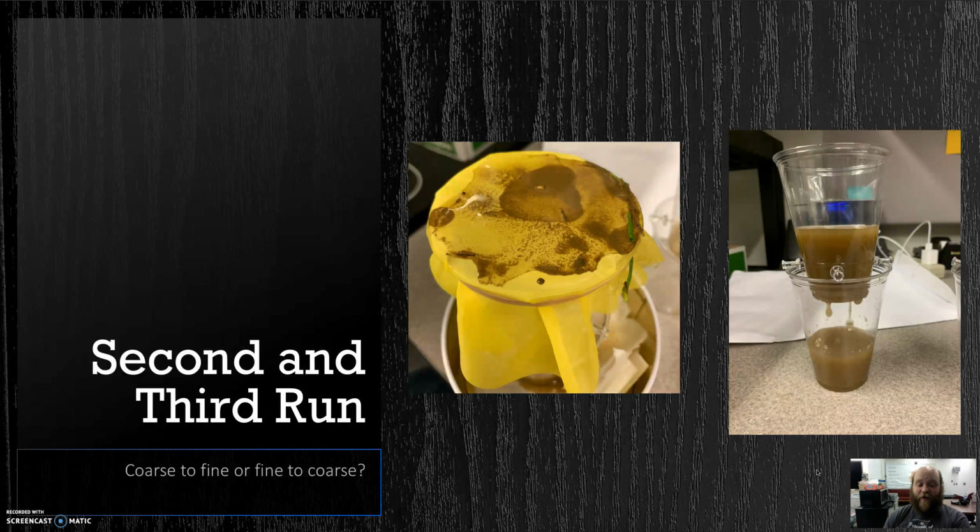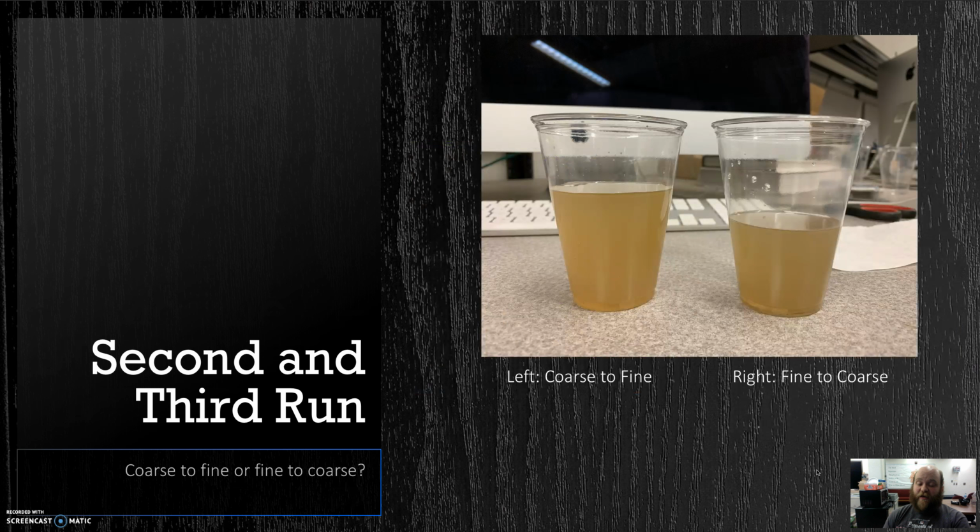I tried to figure out if I should go from a coarse substrate to a fine substrate, or a fine substrate to a coarse substrate. I intuited that I should go from a fine to a coarse. I thought that was more of how the actual infiltration process worked from what I could gather, but I wanted to test the hypothesis with the second and third runs. So in the end, the